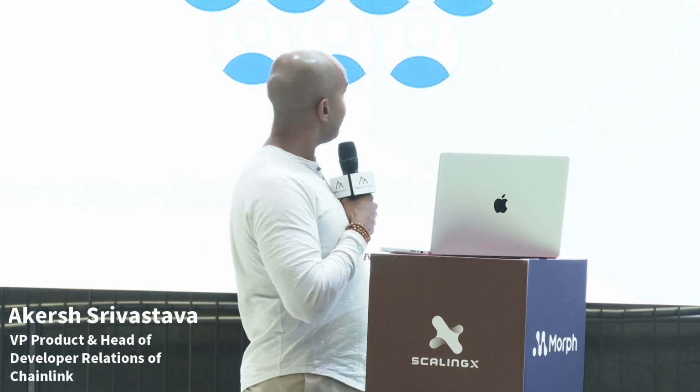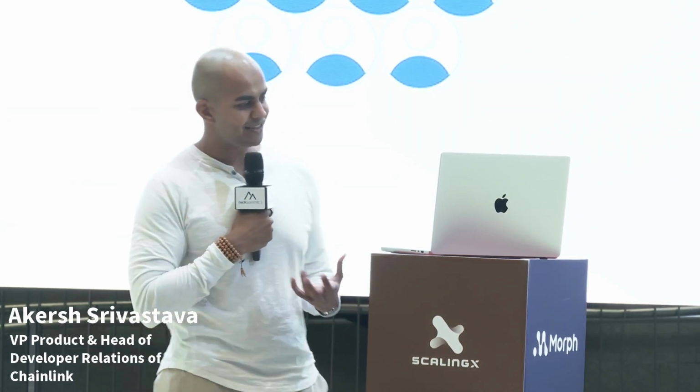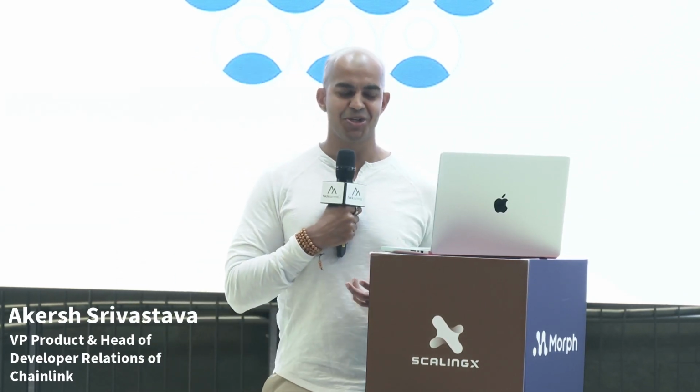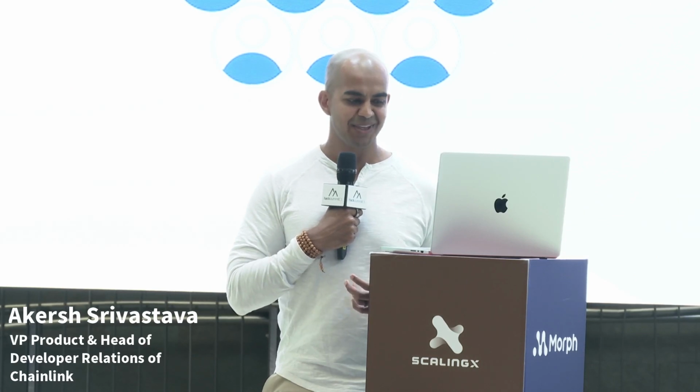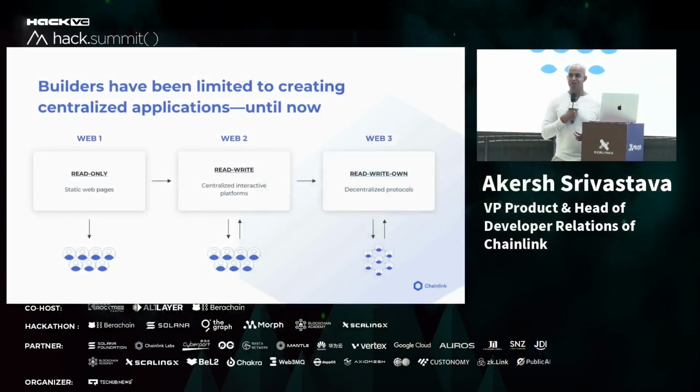So until now, there we go, we got the slide. Until now, there was a big limitation on how things could be built. And because of this limitation, technology had to be centralized. Be it apps or business platforms, your app could be shut down. A bad actor who had control of the app or the data could cheat. So it's very, very difficult to represent value and move value. Next slide.